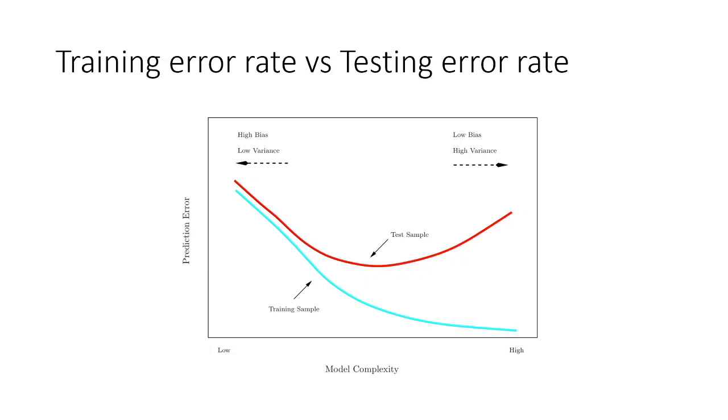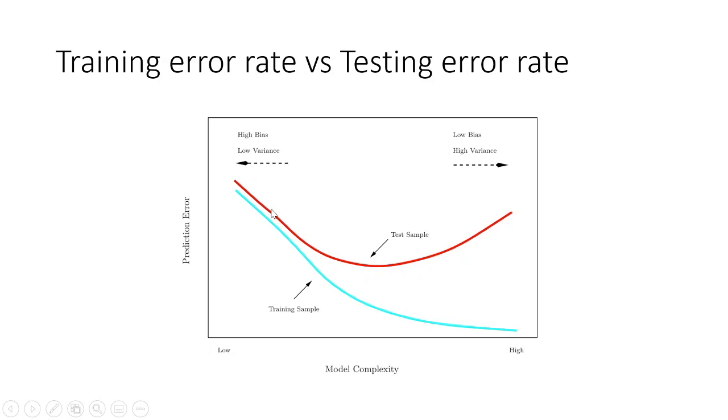When you increase the model complexity, the prediction error for the training sample, which is the blue line here, will decrease, because the more complex the model, the more data points you can try to fit. You end up with a very complex model where you try to fit each and every data point that you have. So if you have a very high model complexity, the error rate for your training sample will reduce. However,